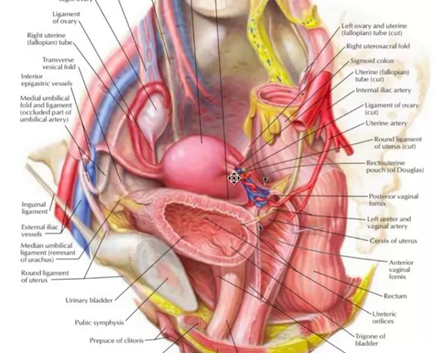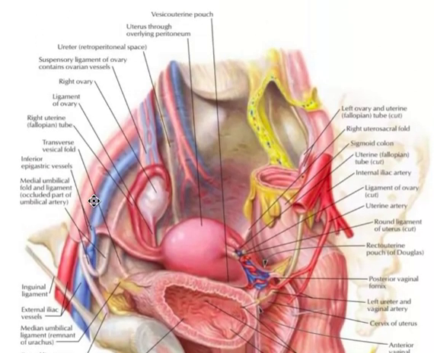Here we can see the fallopian tube cut end, the ligament of ovary cut end, and also the round ligament cut end. This uterus leads to the formation of the cervix, and then finally through the vagina opens outside the body. This is the bone pubic symphysis, and behind there would be the sacrum. And from the pubic symphysis, there is the inguinal ligament, and this is the round ligament of uterus.